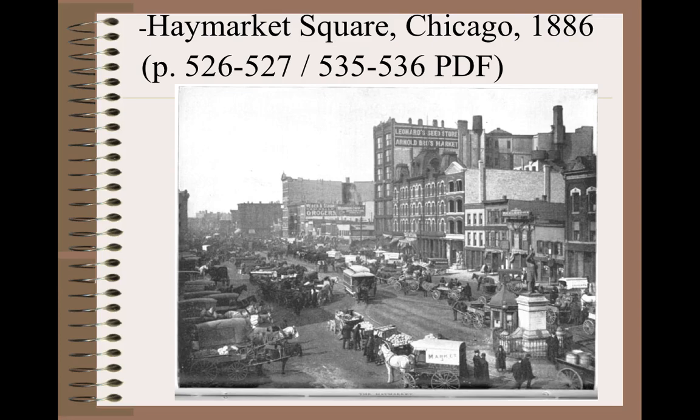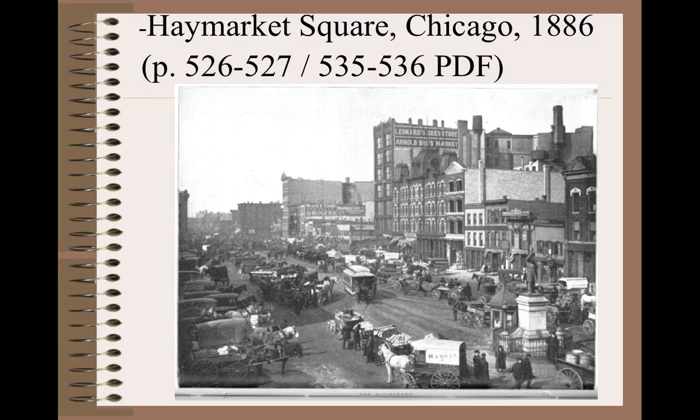So 1886 is very important in that organized labor has come up with a plan, and they had two goals: a standardized workday and a living wage. And if those goals were not met by May 1st of 1886, then there was going to be a nationwide strike. This strike was not just Chicago. It was across the nation. Organized labor union members were going to walk off the job on May 1st, 1886. And so May 1st rolls around,